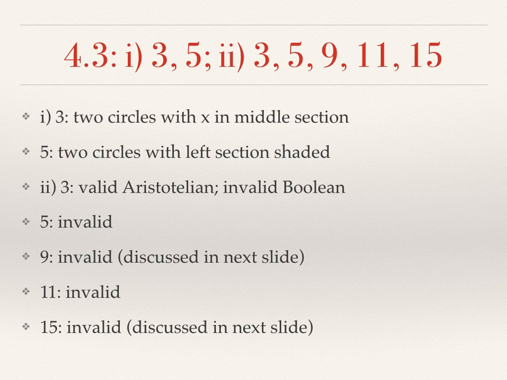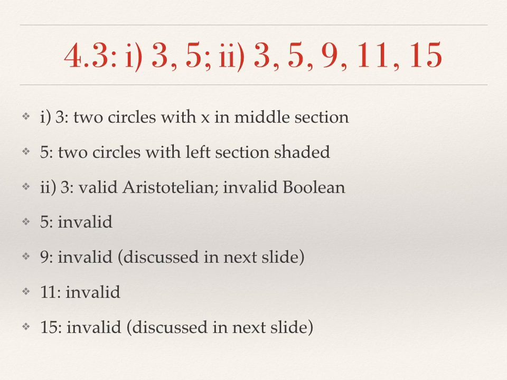Number 5. All redistricting plans are sources of controversy. So the subject is redistricting plans, and the predicate is sources of controversy. And the only redistricting plans are plans that are sources of controversy. So the section on the left would have nothing in it, so it'll be shaded on the left-hand section.